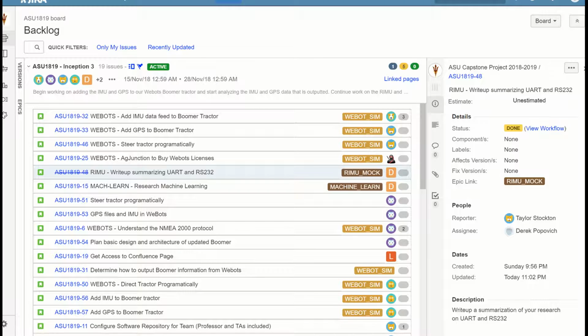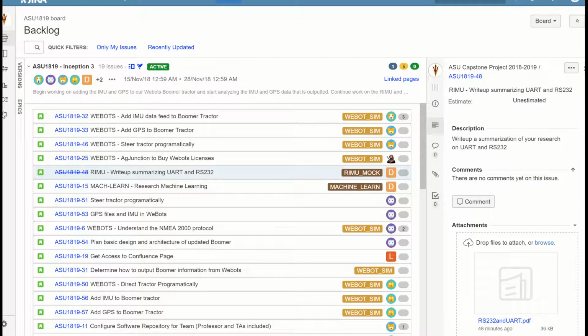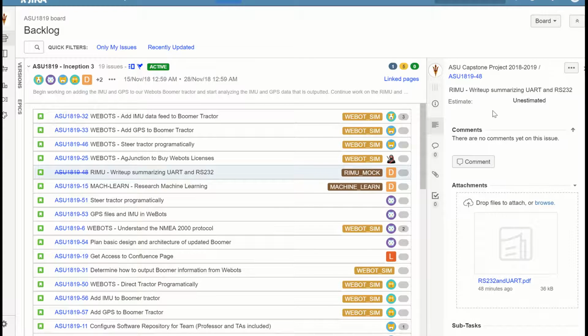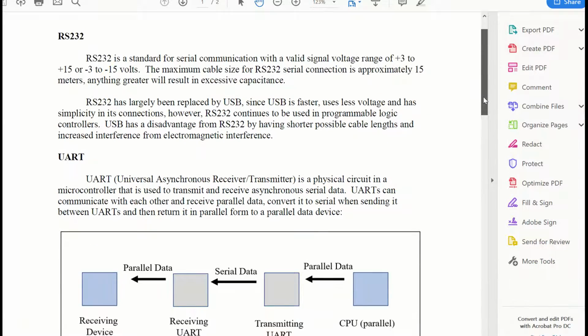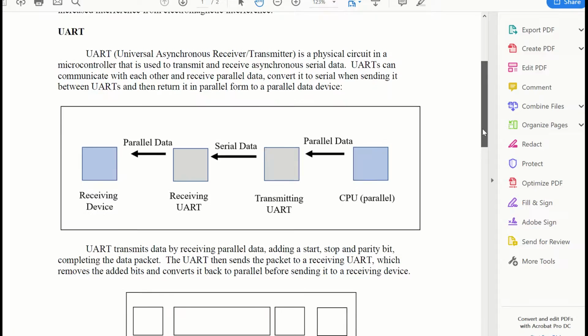interfaces. We've posted the documentation for these reviews on the JIRA board underneath their respective tasks. So our UART overview is right here, and it contains information on RS-232 and UART interfaces. What we will be working with is the UART interface, which will take parallel data, and the UARTs will communicate between each other in the form of serial data. So data will be getting transmitted one bit at a time before it converts back to parallel data